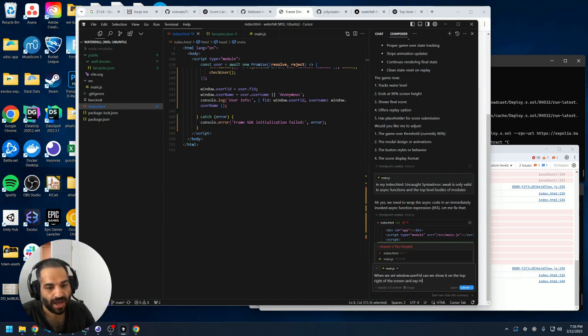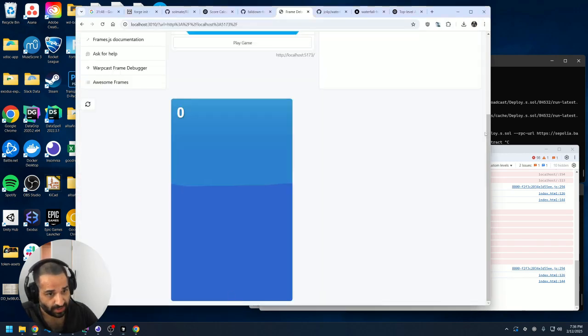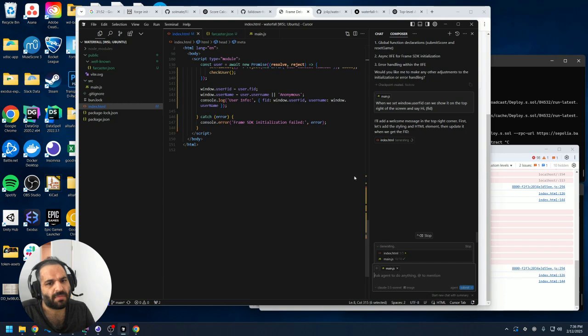All I want to do is actually show the FID on the top right of the screen now. So I'm going to ask Cursor to do that. We could show their username, but that requires using Neynar and an integration layer. I do not feel like creating a backend for this because I don't want to leak my Neynar key. So we're just going to